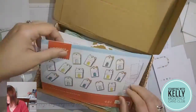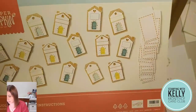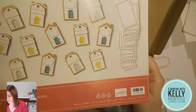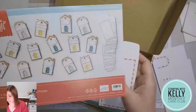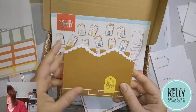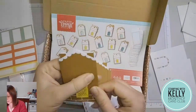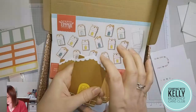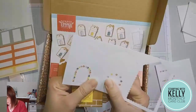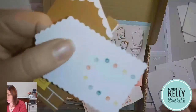So in this kit, you're going to be making 15 cards and envelopes. So we've got the little envelopes shown over on the side here. They're printed on the inside and on the outside, and they're a little bit smaller, you can see, than a normal card. And then you've got these little inserts, which are these adorable little gingerbread houses that you fold up like this. And you adhere like that. You can have them as gift card holders. There's a cute little die cut piece here that you pop out. It's already got the little gumdrops on there